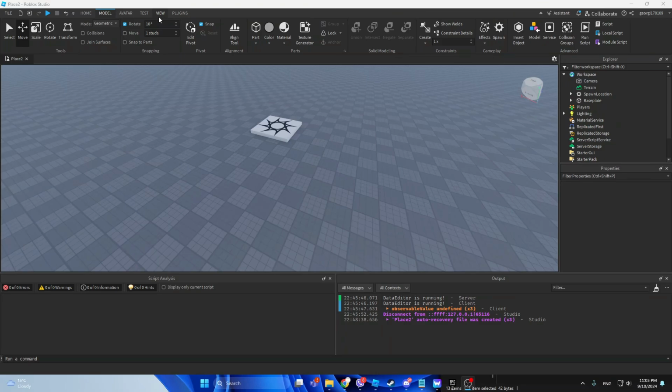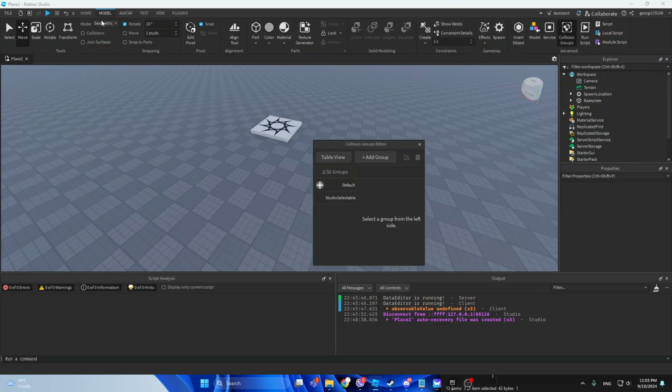In today's video, I'll be showing you how you can make staff doors and how you can implement them in your game. And finally, I'm going to explain to you how the actual code works. So let's get started. The first thing we are going to need to do is go in your model tab